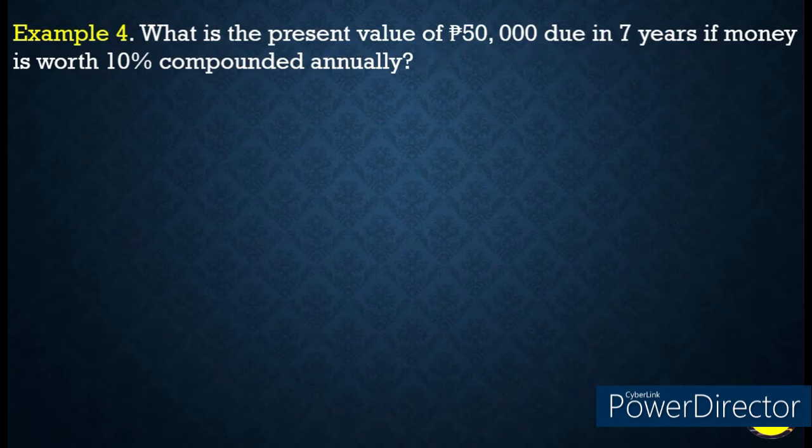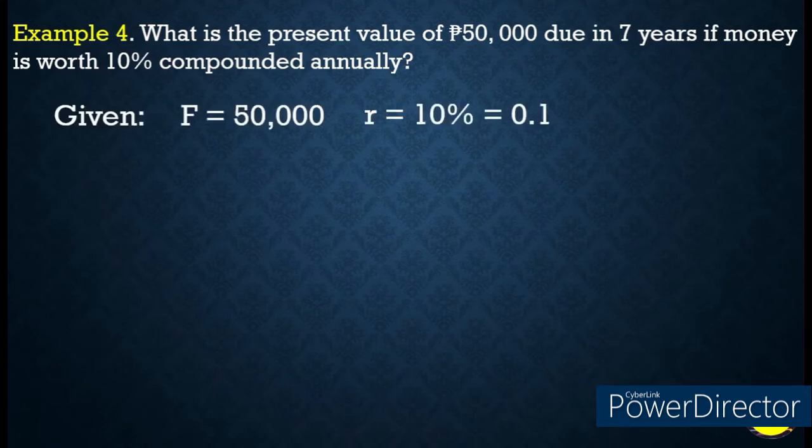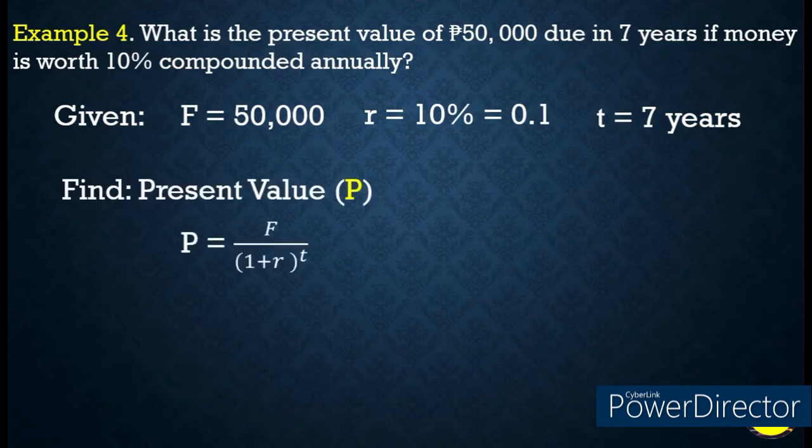So, kapag kukunin natin yung mga given values, F is equal to 50,000 and R is 10% or that is 0.1. And then, the term is 7 years. So, ang hinahanap natin dito is present value. So, sa unang slide, pinakita ko sa inyo kanina kung ano yung formula, how to find the present value, no? So, using the formula, that is P is equal to F over 1 plus R raised to T. So, substitute lang all the given values. So, 50,000 divided by 1 plus 0.1 raised to 7. So, the answer is